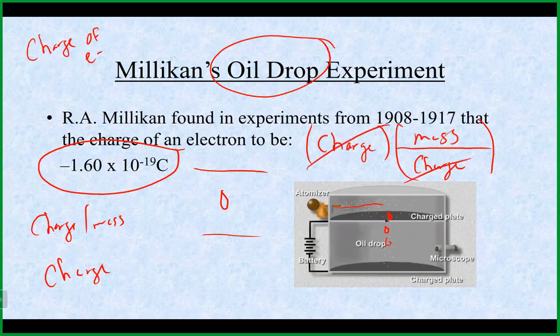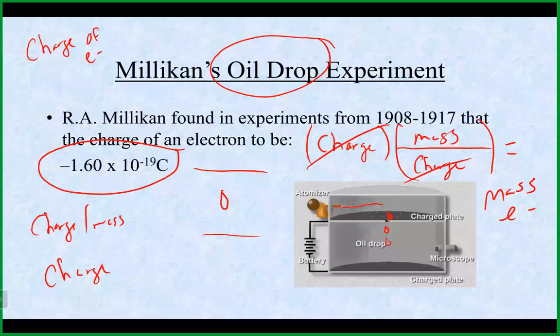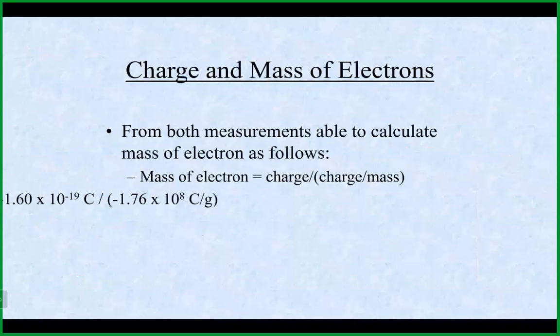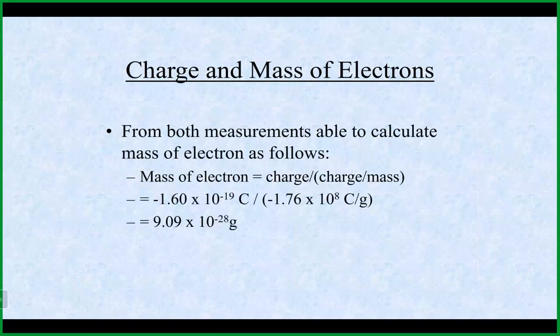And from those two experiments, you're able to put it together and really determine the mass of an electron by the two results of those experiments, taking the charge and dividing it by the charge to mass of an electron that was determined by Thomson. So Thomson's CRT tube, charge to mass, and Millikan doing this oil drop experiment where he was able to suspend the oil droplet using the charge that it gained and the electrical field. And again, putting both of those values together allows us to actually calculate the mass of an electron,